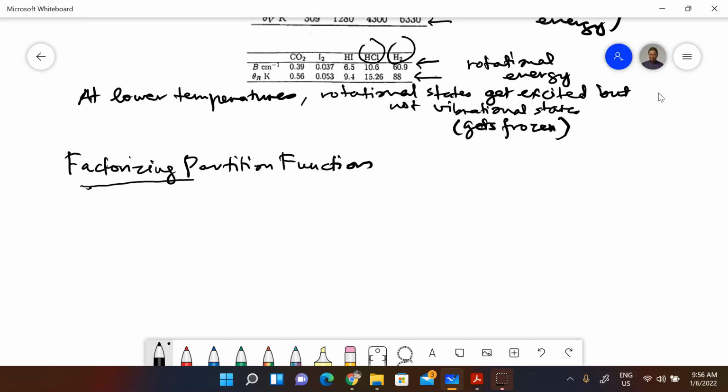Now, what we have so far is we treat each motion separately,